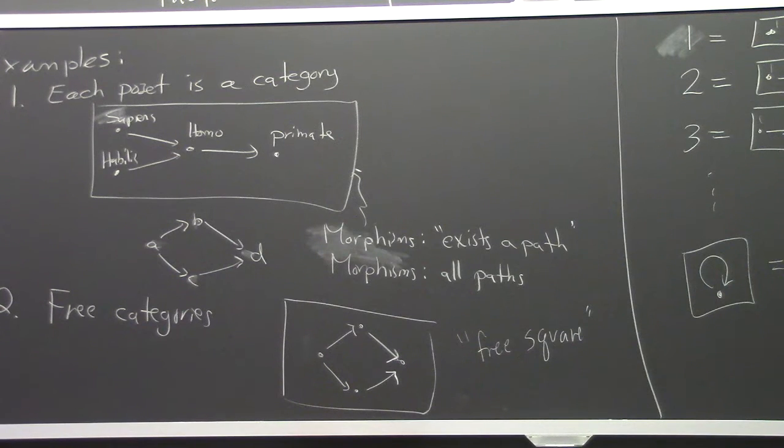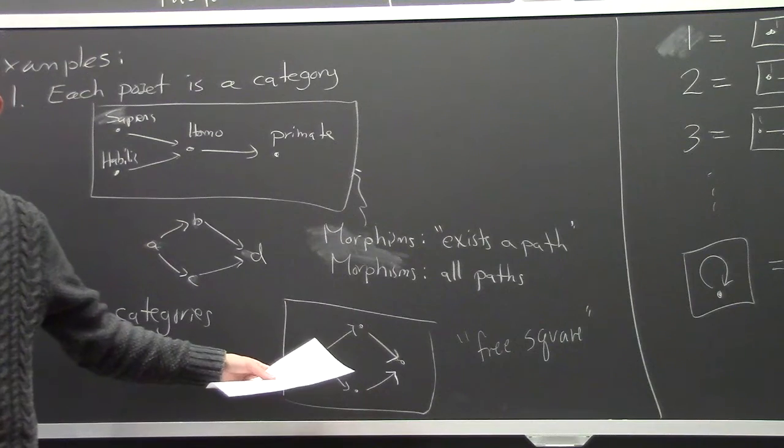If you want to use Hasse diagrams to indicate categories, then you have to choose some convention, and it's best to say, if I don't write it, I'm not going to indicate it. Or if anything is implicitly there, I don't have to draw it.